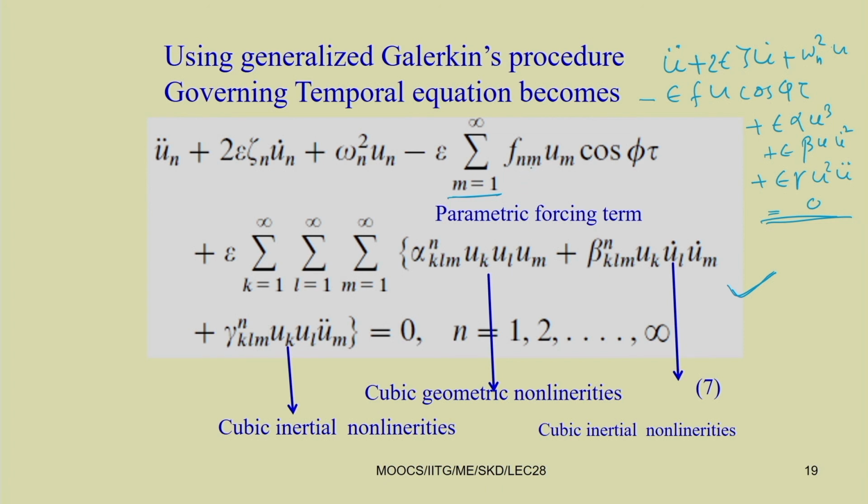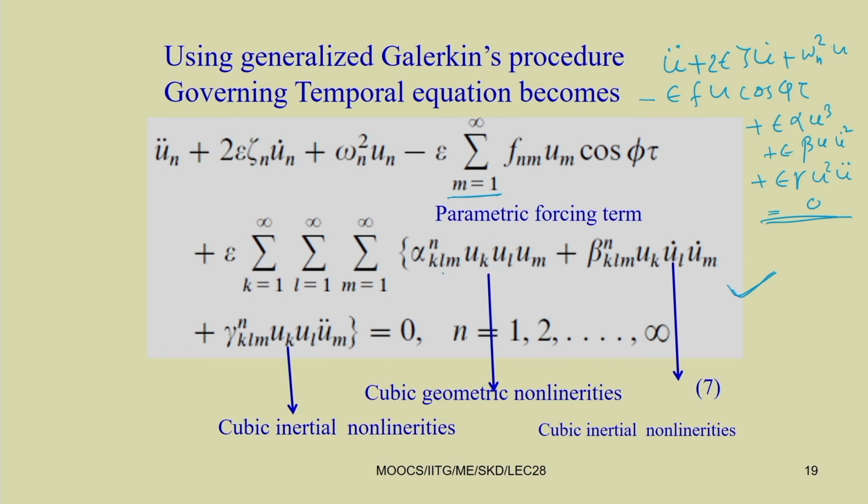As n and m are taking the values 1 and 2, we can have f 1 1, f 1 2, f 2 1 and f 2 2. So, 4 forcing terms will be there, and these nonlinear terms for k l m. As we are taking each term, that is k equal to 1 and 2, l equal to 1 and 2 and m equal to 1 and 2, we can have 8 variations of this.